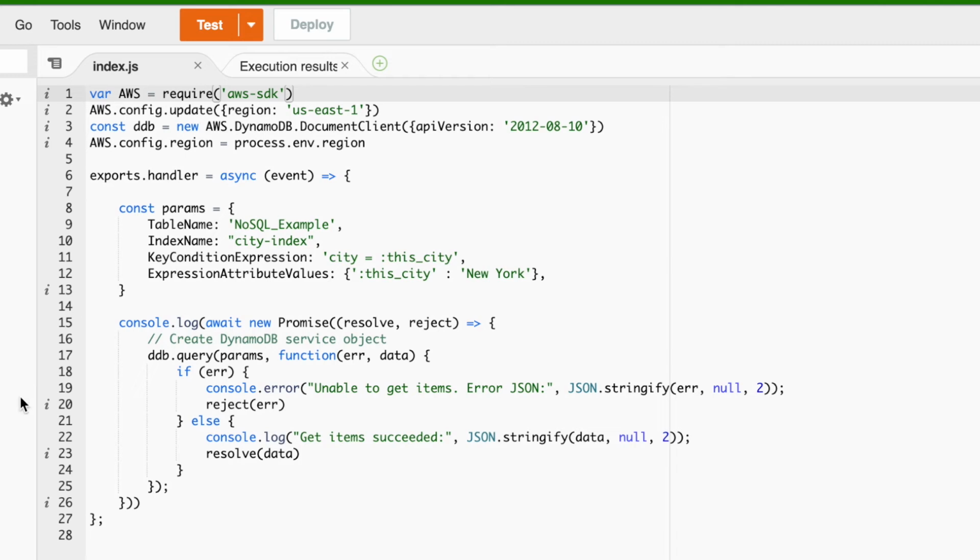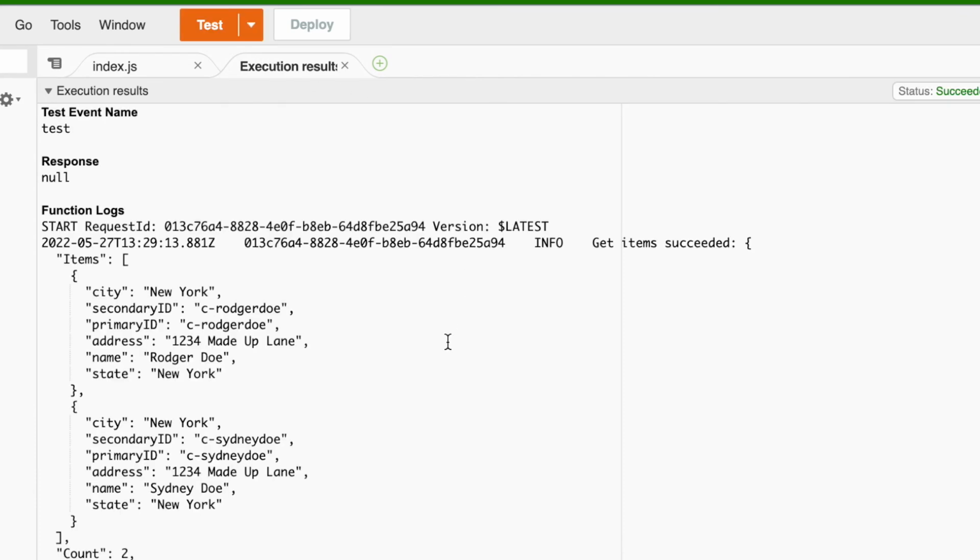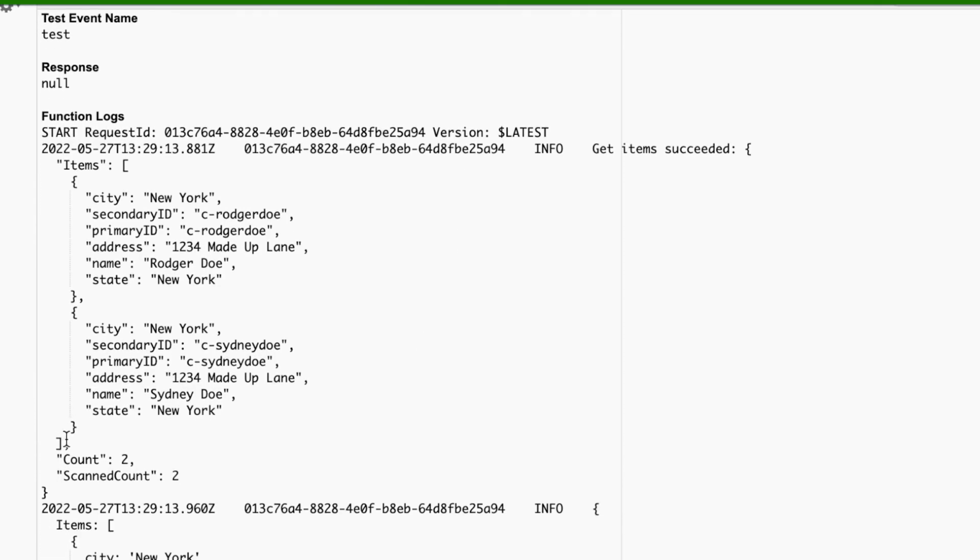Now I'll show you a couple simple DynamoDB queries to show how a NoSQL query may look compared to a SQL query. This first query is similar to the SQL one. It will query the database and return all the records that contain the city New York. You can see the setup for this query looks a lot different than a SQL query. We still give it a table name, then an index name, then we give it the condition we want to evaluate, which in this case is that the city has to equal New York. If we run this query, you'll see we get back all the records that have city as New York.